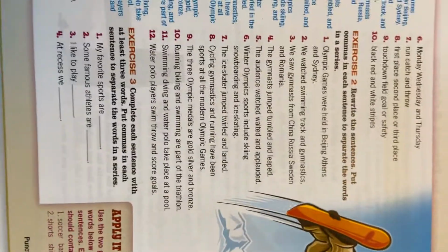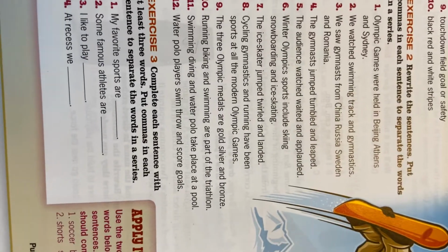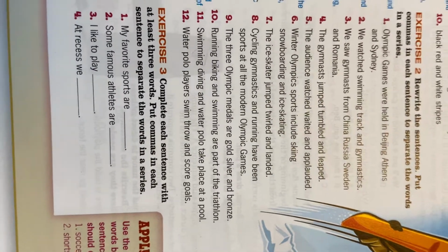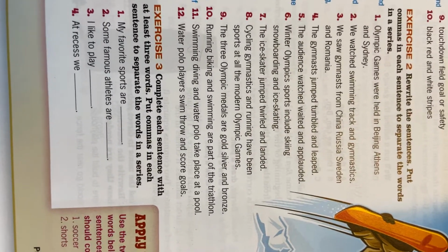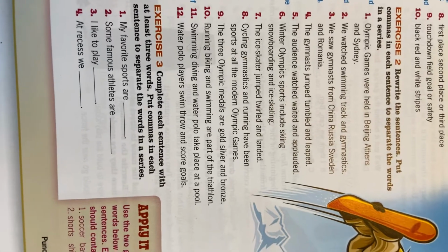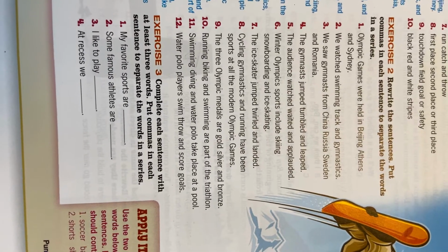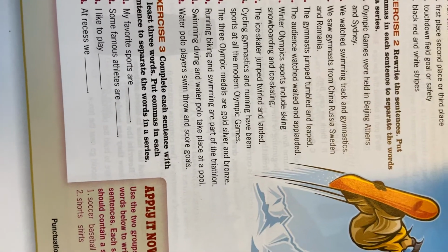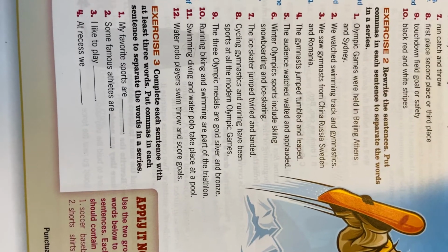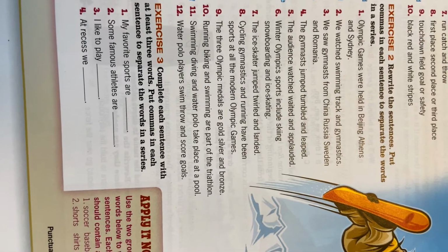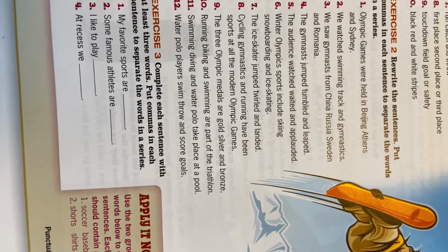And then exercise 3 down at the bottom. I know you guys, I always like doing this one in class, so I'm kind of bummed out that we're not together because you get to list your favorite sports, some famous athletes, what you like to play, and at recess. I always like sharing with this one because, of course, I always like hearing about people's favorite sports. I always like hearing about some famous athletes. Some of them are our favorite ones. You guys probably would know who I would put. And then what you like to play and at recess. So go ahead. You can add as many as you want for exercise 3. But the important thing is you make sure you put the commas where they go.